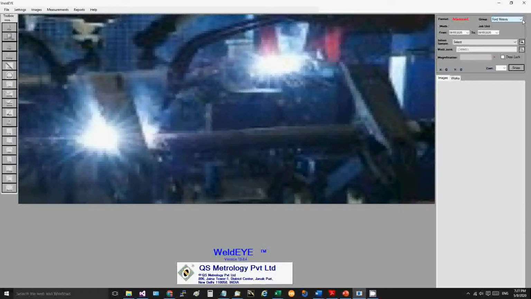From a user point of view, it is very simple. When selecting the Ford Motors group, the system internally selects the data for Ford and switches to Ford mode. It is totally transparent to the user. If I select all these things, it doesn't make any change on the system or anything. It is very simple for the user. If you are measuring a TVS component, select TVS Motors. If you are measuring a Ford component, select Ford Motors.